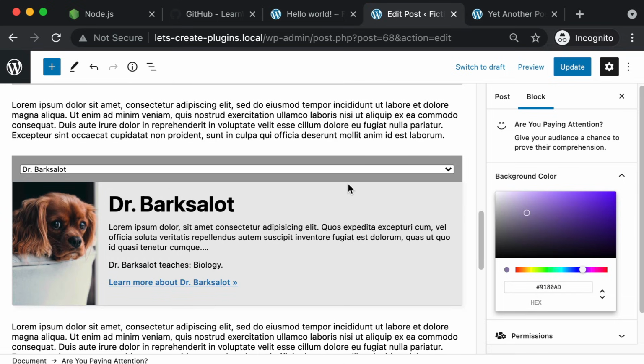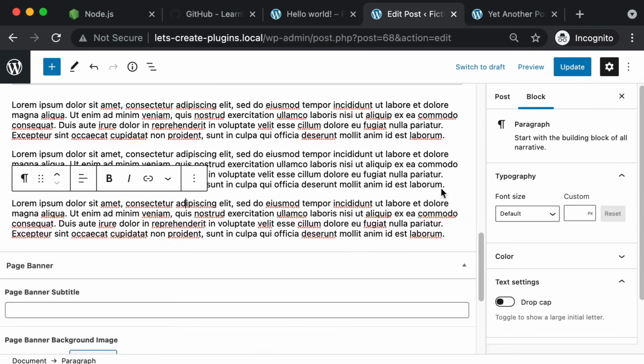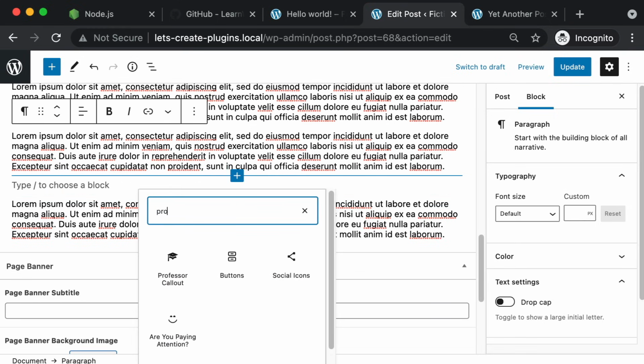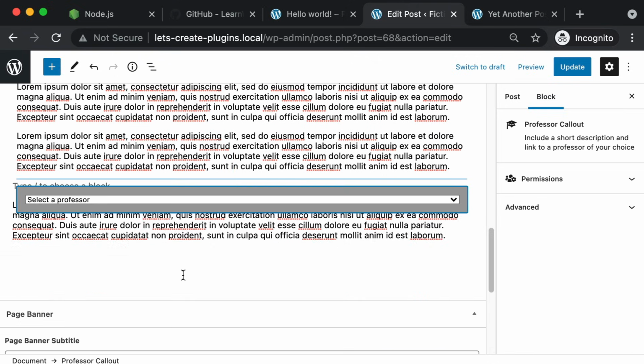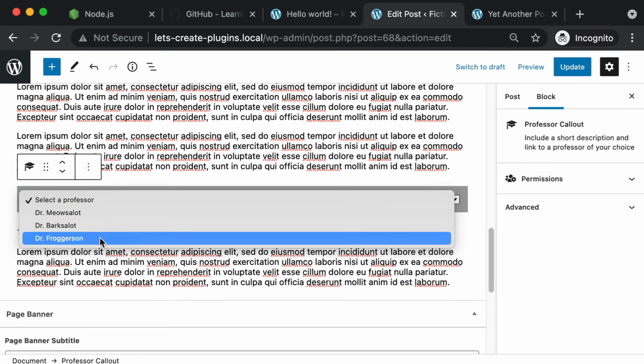So this has to deal with relationships between posts. On this website that we build in the course together, there's a custom post type called professors. Within a blog post, let me delete this instance of featured professor and insert a new one so you can see it from scratch. If I add a new block, the professor callout, it says select a professor. It looks through all of the posts of that professor post type and lets me